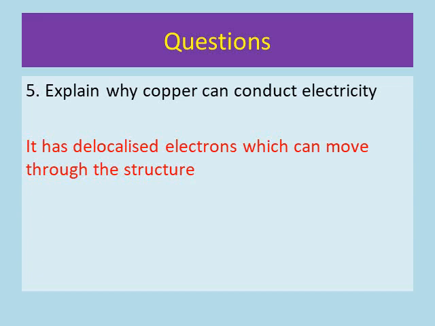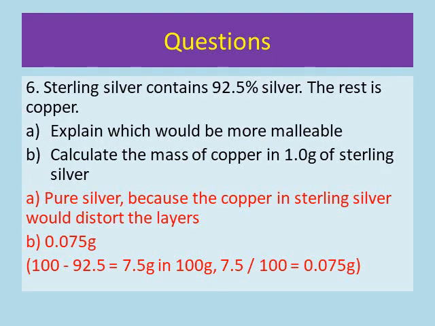And finally, number 6. 6A, the one which would be more malleable is pure silver, because the copper in sterling silver would distort the layers, and it would mean that those layers wouldn't be able to slide over each other like they can in the pure silver. And finally, part B, the mass of copper in a gram of sterling silver is